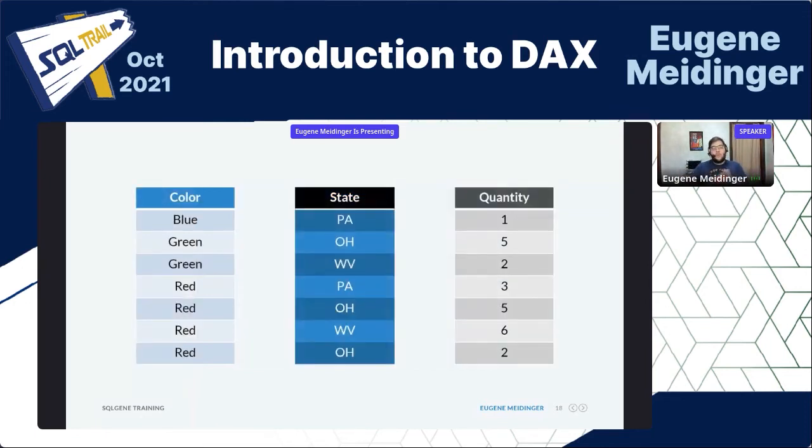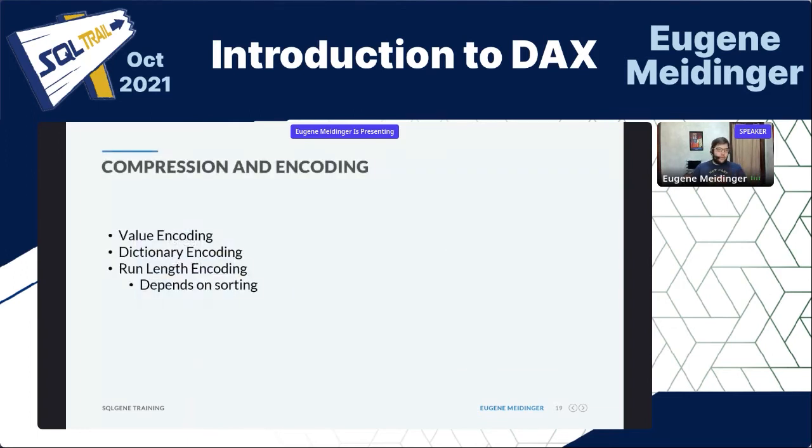Whereas if we were to store things as separate tables, then I could read color and I could read quantity and I can compute my values. The other thing with the columnar database piece is compression and encoding. So the key part here is that the DAX engine will encode, basically store in an efficient manner, the data in 3 different ways. There's value encoding, which we don't need to get into a ton, but basically,